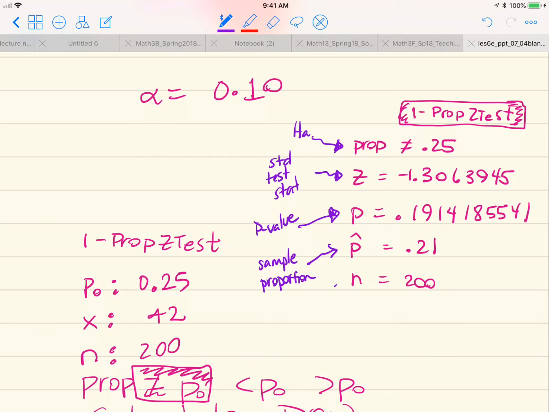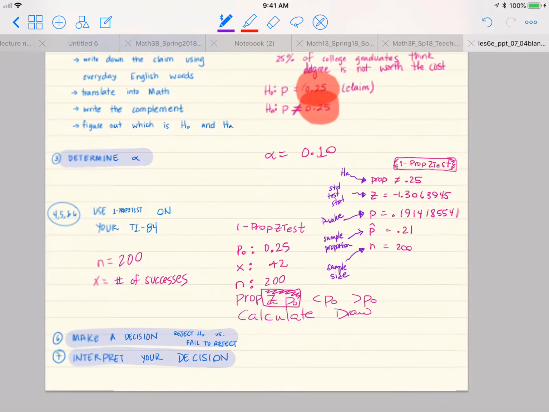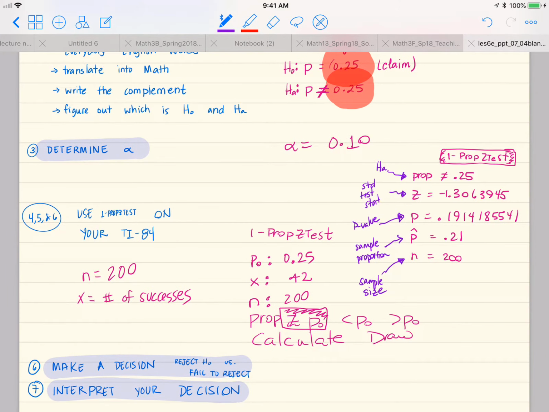And of course, this is your sample size. So, to make my decision, remember I need to compare my p-value with alpha. My p-value is 0.19. My alpha is 0.10. So this is a pretty high p-value. So my decision is going to be to fail to reject